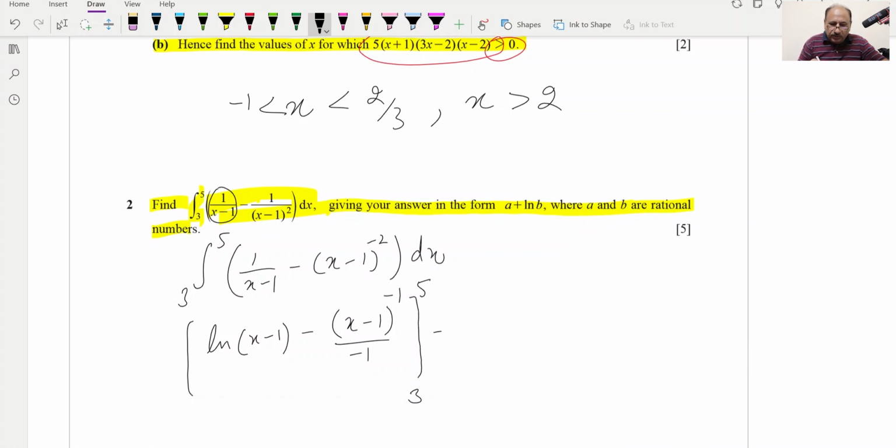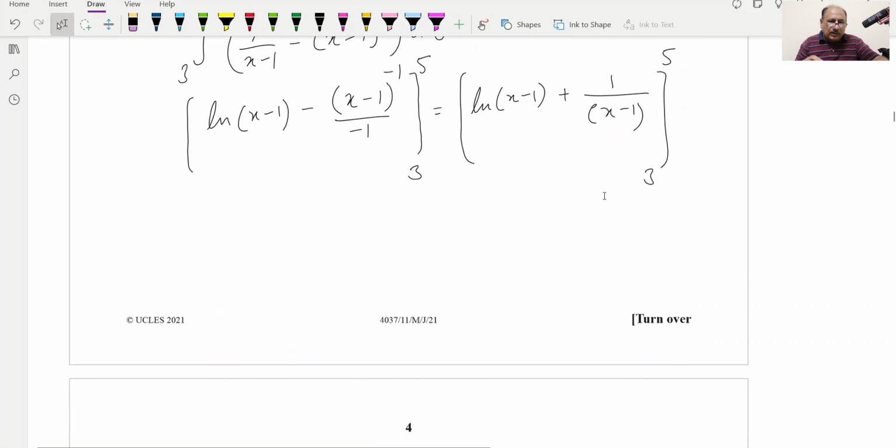Now we will apply the integral limits. Before using the limits, we can rewrite it as log of x minus 1, and this minus and minus will change, so it will be plus x minus 1 whole raised to the minus 1, or we can rewrite it as 1 over x minus 1, from 3 to 5. Now we can replace the upper limit first. If we replace 5, then 5 minus 1 will be 4, and plus this will be